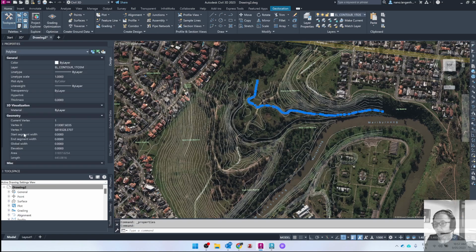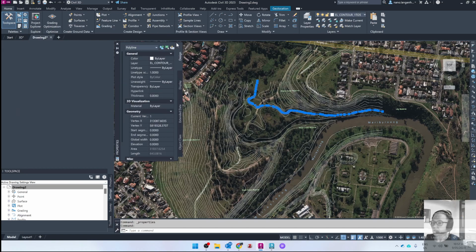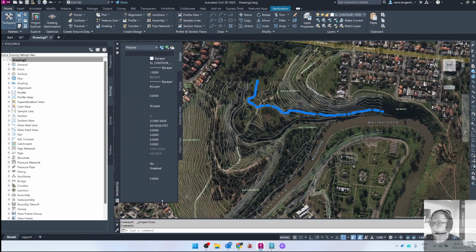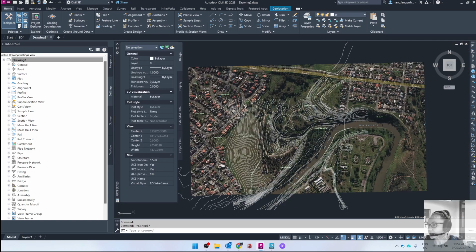So if I click on these, you'll see that their elevation is 0, but if I bring properties out here, it's a bit easier to see. Under miscellaneous, which is at the bottom here, you'll see that we do actually have that line or contour line there should have an altitude of 5 metres. Now, there's different ways around